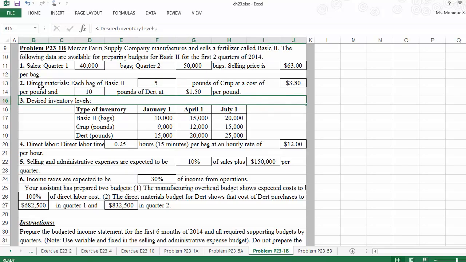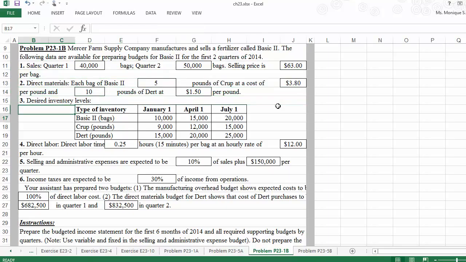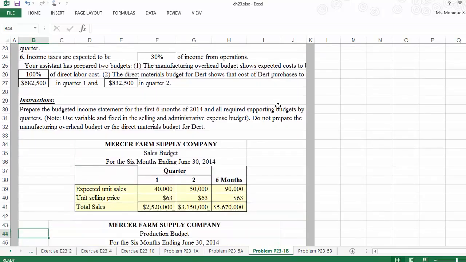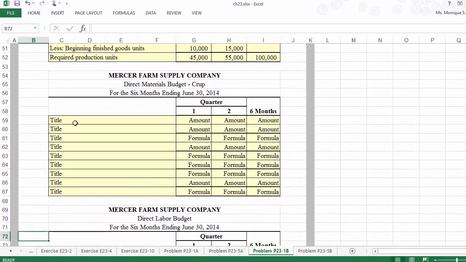So we're just going to use the first row information because that relates to crop. So keep those numbers in mind: 5 pounds of crop at $3.80 per pound. So going back to our direct materials budget for crop,